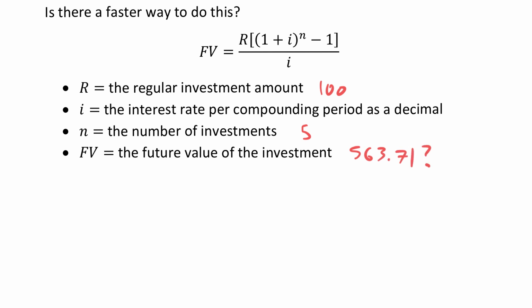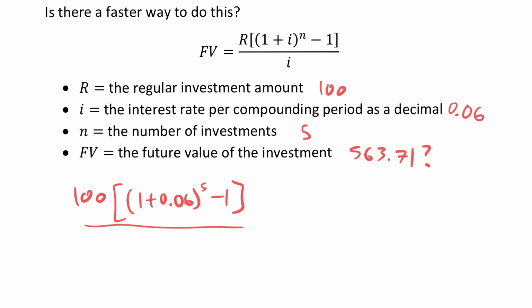And the interest rate was 6% per compounding period. So it was 6% compounded annually. So as a decimal, we could write that as 0.06. So we write down 100, big bracket, little bracket, 1 plus 0.06 to the 5 minus 1, close bracket, divided by